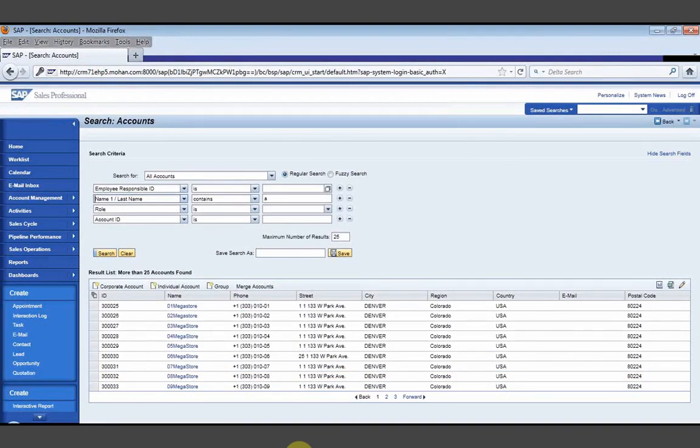So I am entering into the workbench for WebUI, that is BSP_WD_CMP_WP. Just let me open a notepad.